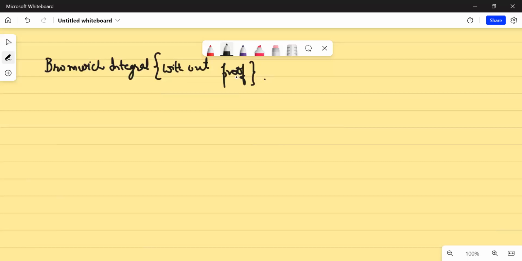Okay. So Bromwich integral, write down without proof. If time allows, or sometimes if you are again doing complex analysis, I'll do it there itself. So what is Bromwich integral? So here it is. So for example,